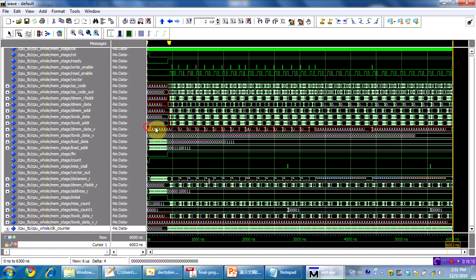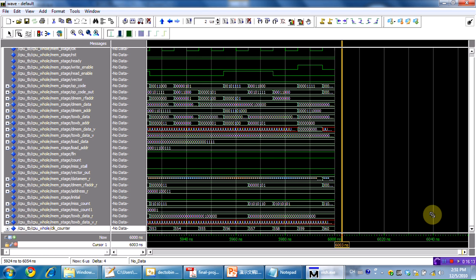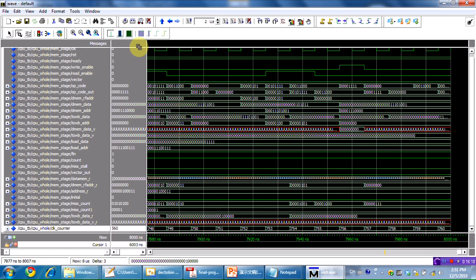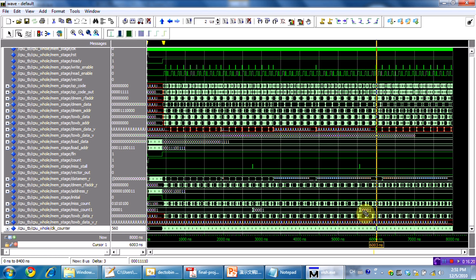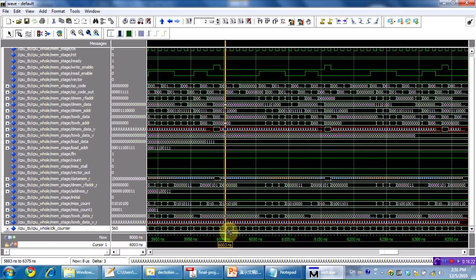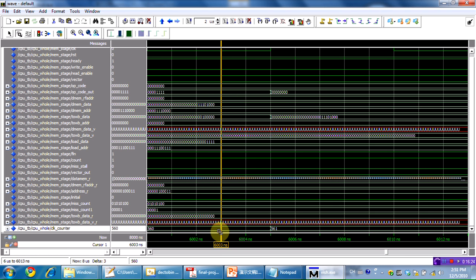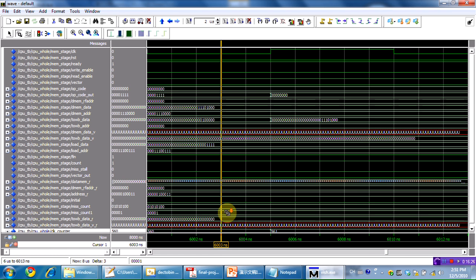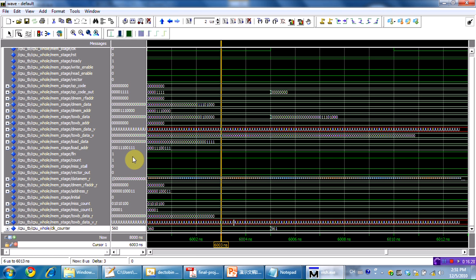And then we checked the clock counter to see whether there is any influence on the clock. So you can see here it stays the same. So changing the data doesn't